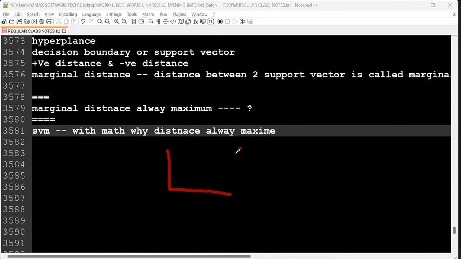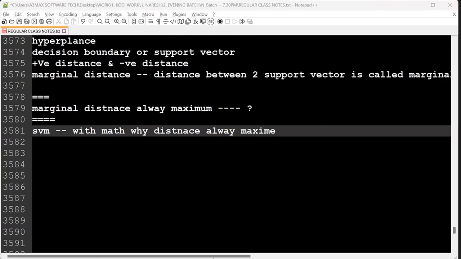Okay, so we have a line, guys. This is a positive line, and the distance between two support vectors is called the marginal distance, right? So what is the equation of the marginal distance? Wx plus b is equal to minus a, and